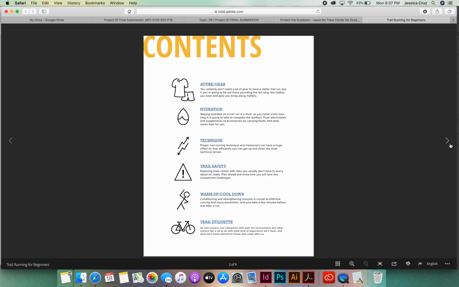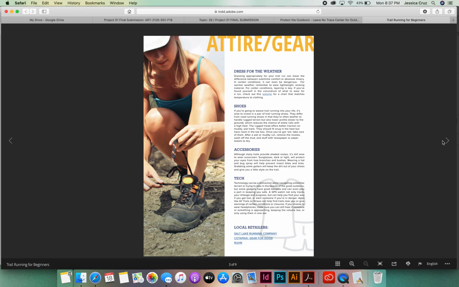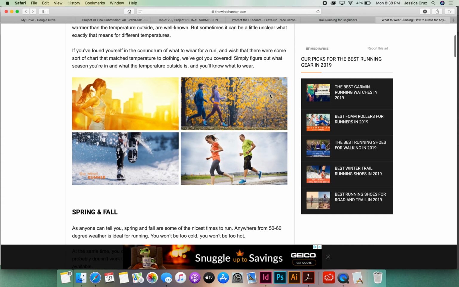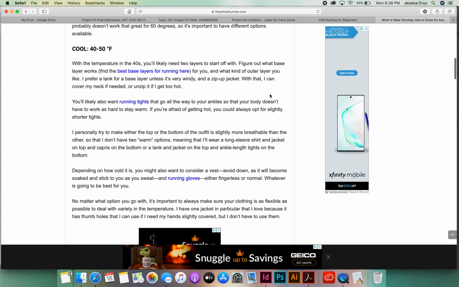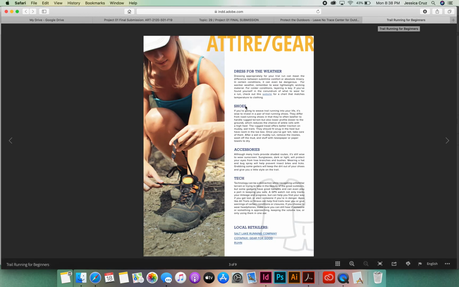So after the contents, I talk about proper attire and gear for trail running. I start with talking about dressing appropriately for the weather, and include a link to a website here that actually includes a chart for the different temperatures and what is appropriate to wear for those temperatures. Then I talk about proper shoes, accessories such as hats and sunglasses, and then talk a little bit about GPS watches and other